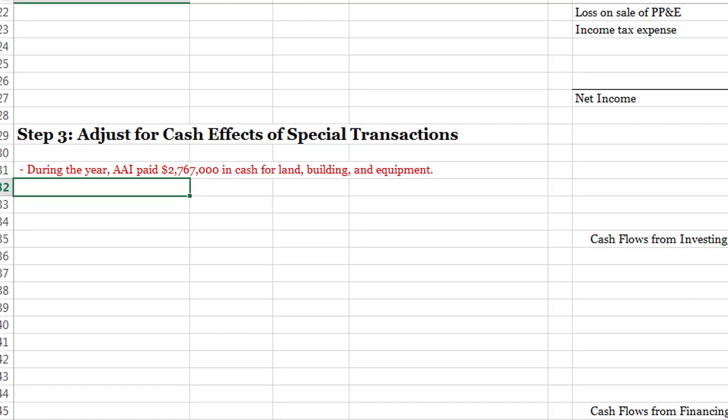During the year, the company paid $2,767,000 to buy land, building, and equipment. And the first thing we want to know is, is this operating, investing, or financing? Did they purchase equipment? And the purchase of PP&E is investing. The cash effect, what I'm really looking for at this point, is a negative